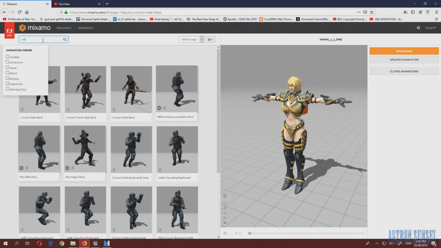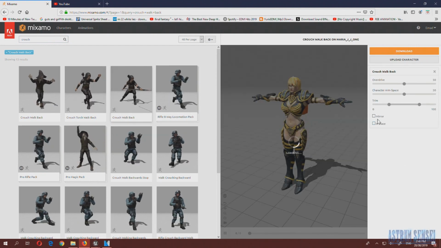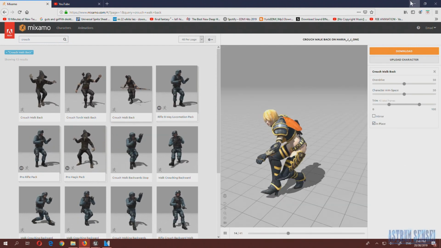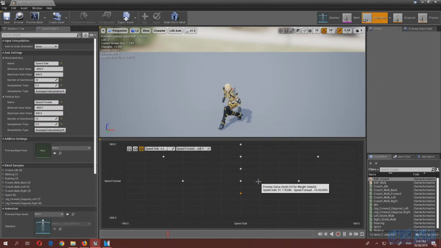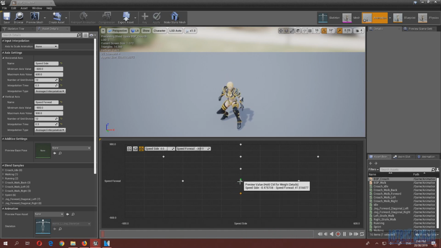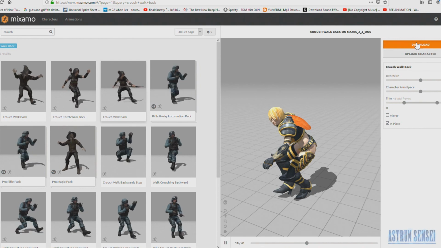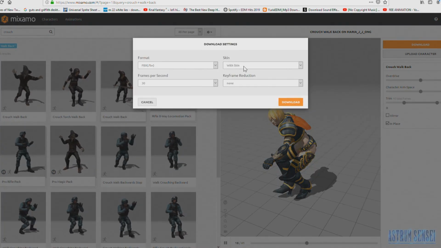So crouch. Okay, this one in place. See, this is what happens when you don't press in place. So this is the idle and this is the walking backwards. She really walks backwards, and that's not good because the animations aren't the driving force behind the character movement,